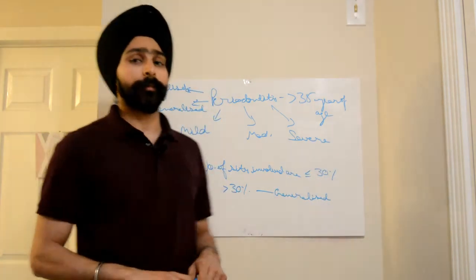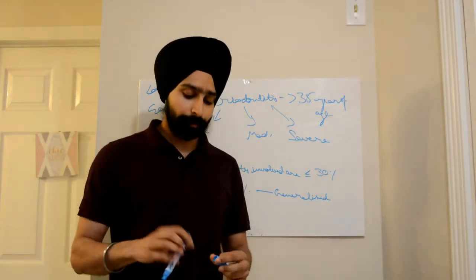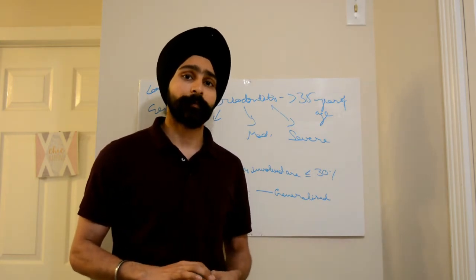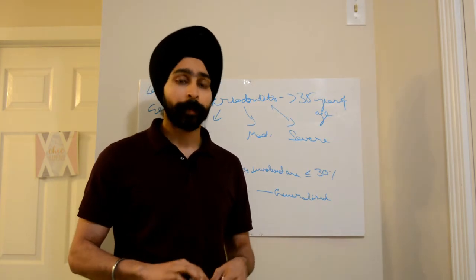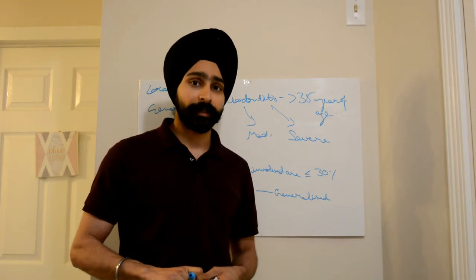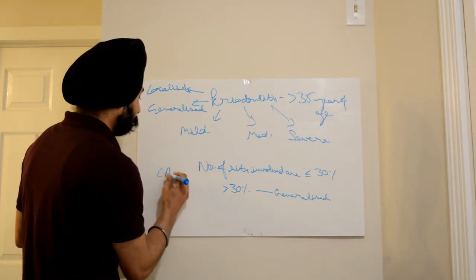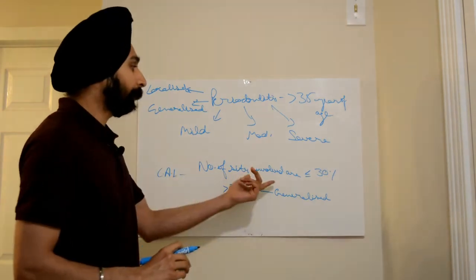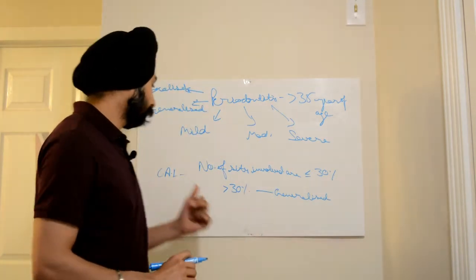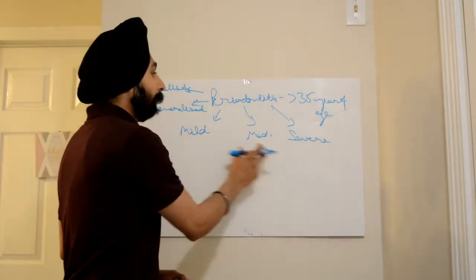Friends, if you remember, periodontitis and gingivitis were different because in periodontitis clinical attachment loss or bone loss is present, but in gingivitis there is no bone loss. So now depending on at how many sites in a given patient the clinical attachment loss is present, we differentiate the periodontitis into generalized or localized based on clinical attachment loss.